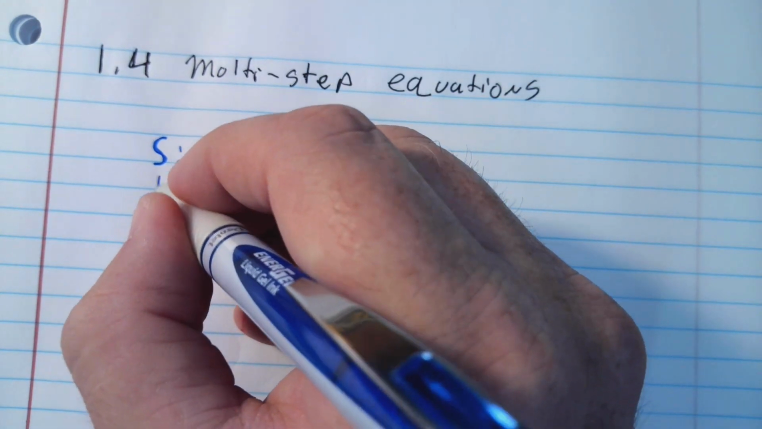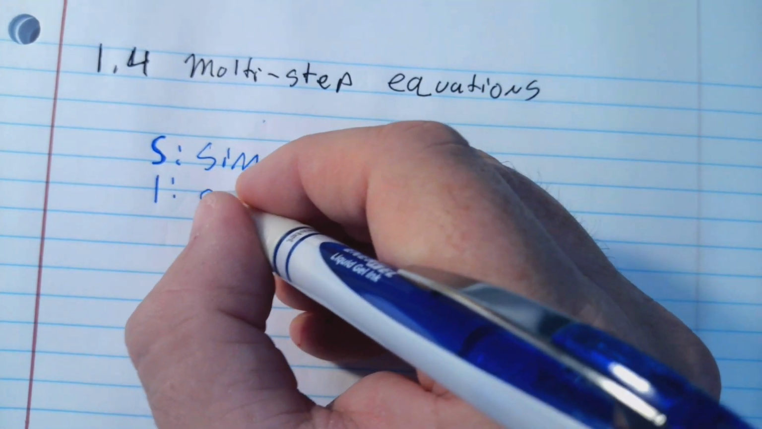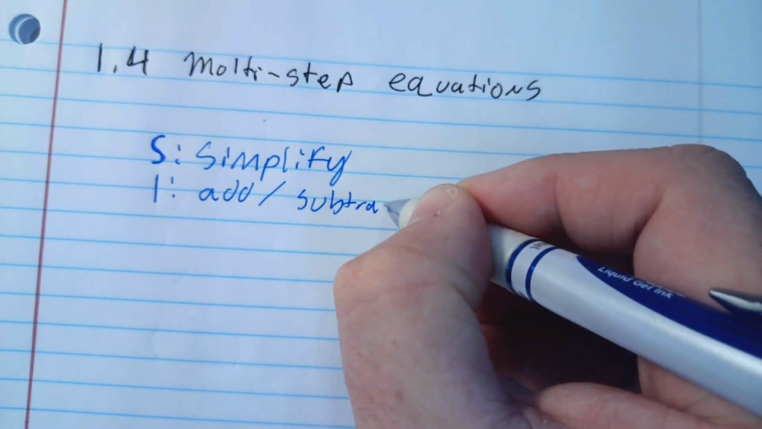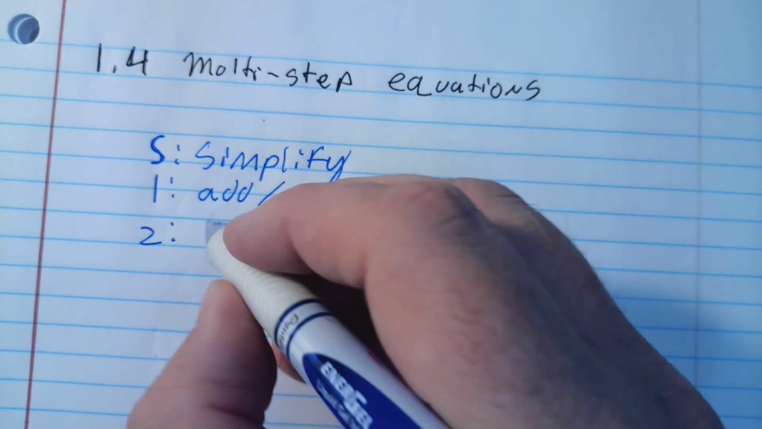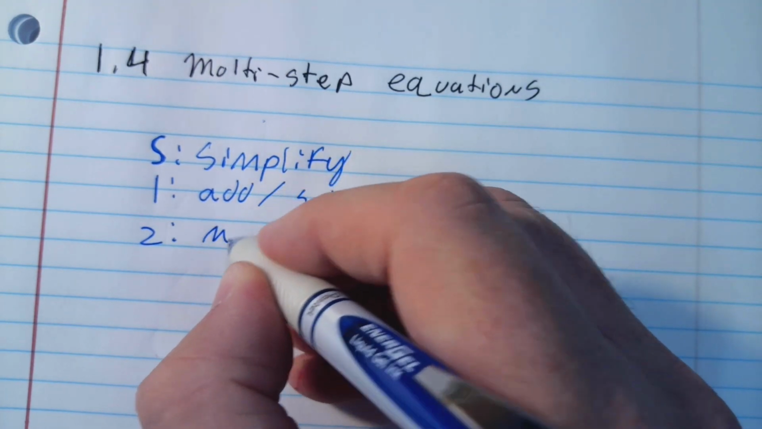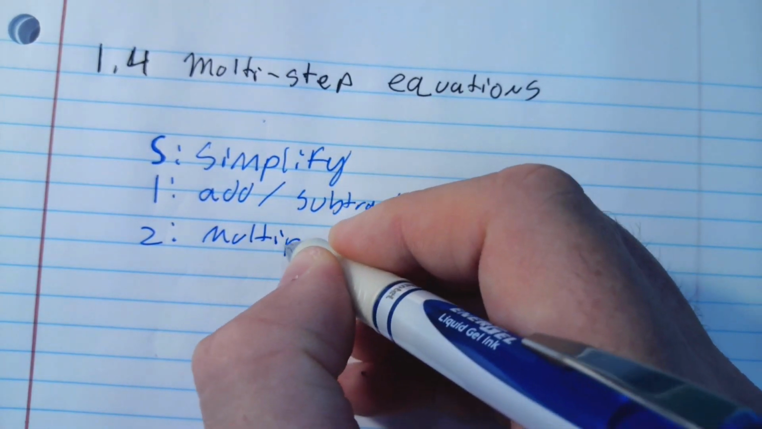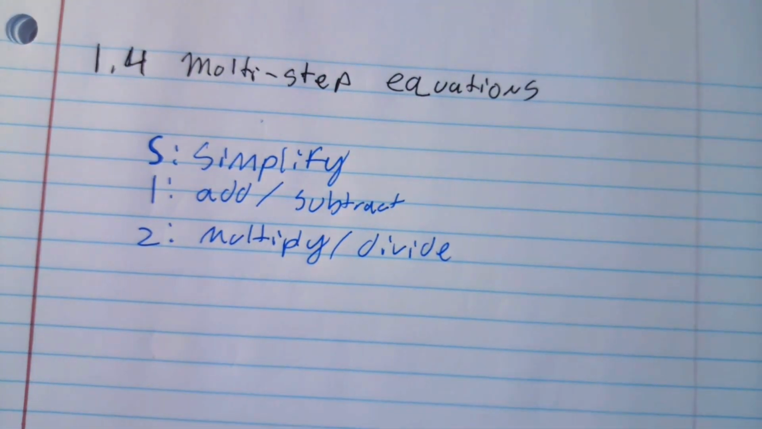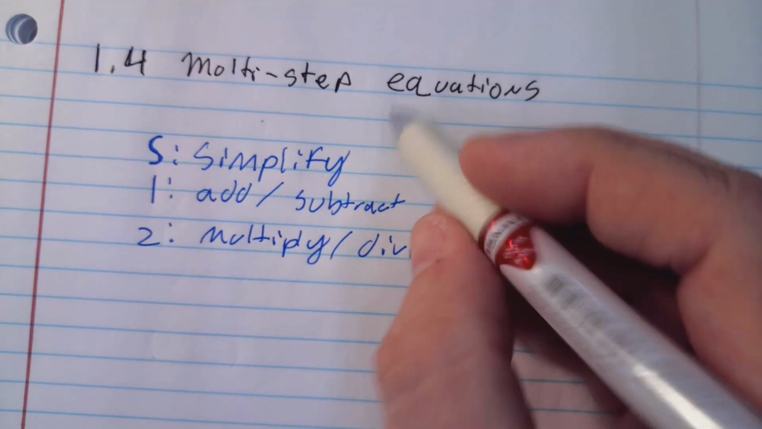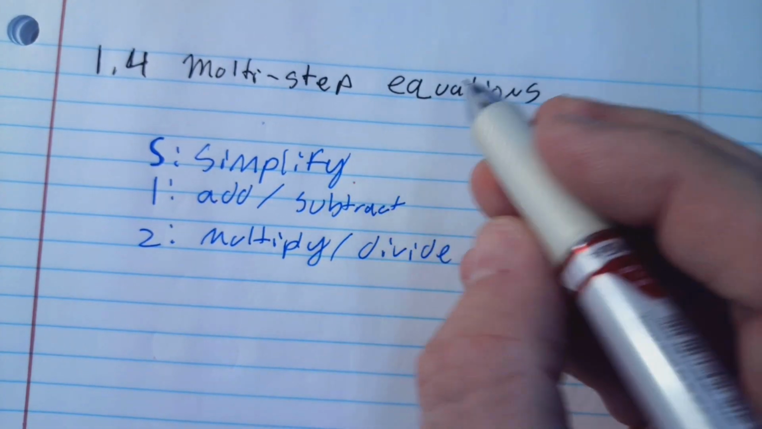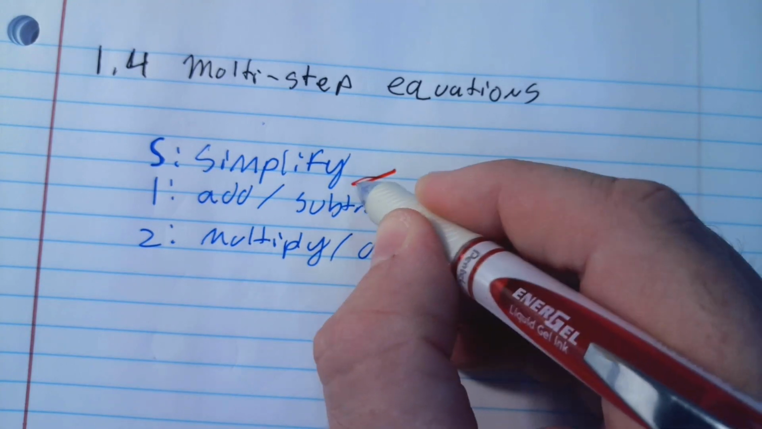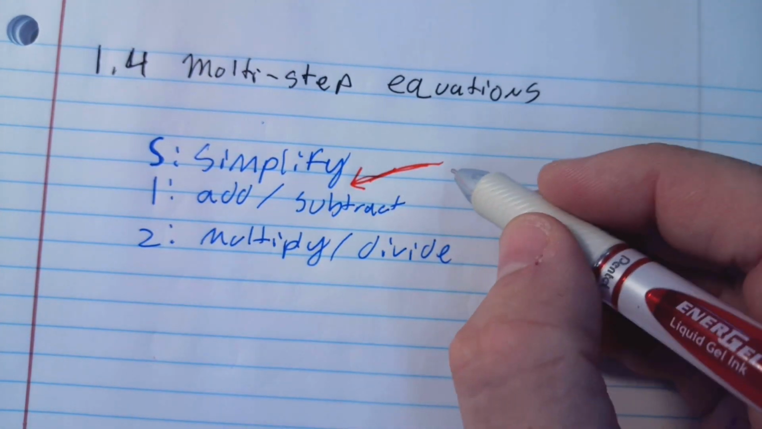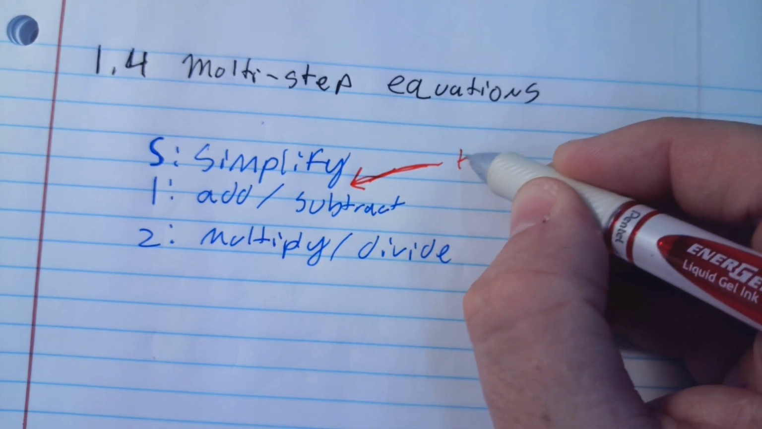And then, most of the time, we're going to add, subtract, multiply, divide. The one thing that really messes us up is part of this, right in between simplify and add, subtract, is we're going to get rid of, or kill,